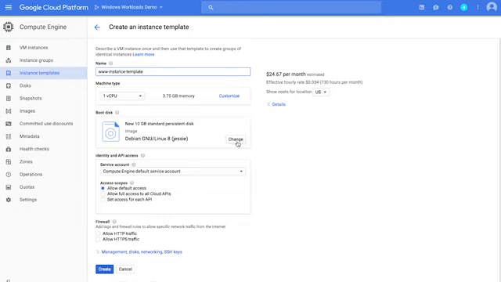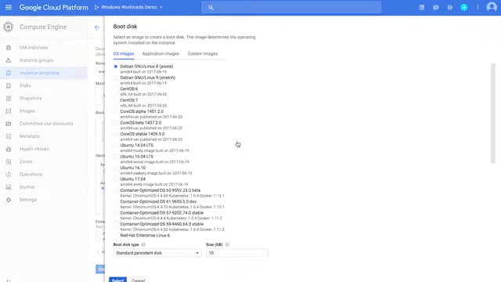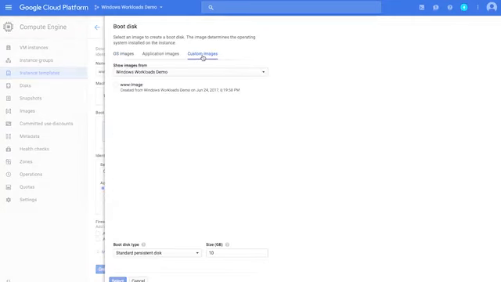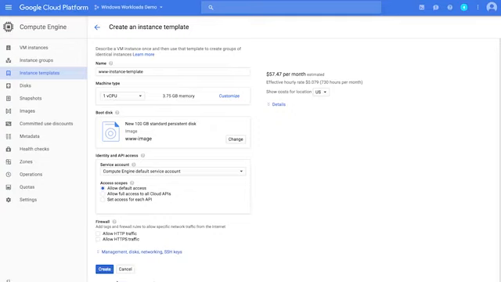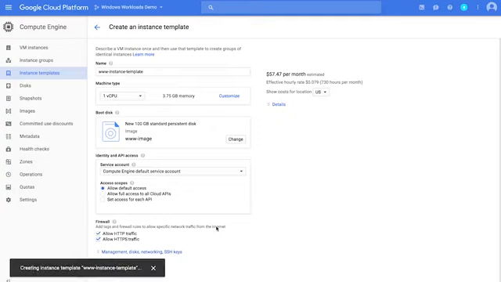For the boot disk, we need to change this to make use of the custom image that we just created. So I'll select custom images in the console and then the www image that we created previously. You'll notice how it automatically populates the correct size of disk. Click Select and we're done. Click on Create and now we're all good to go.